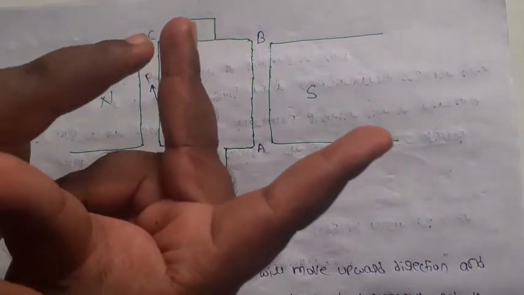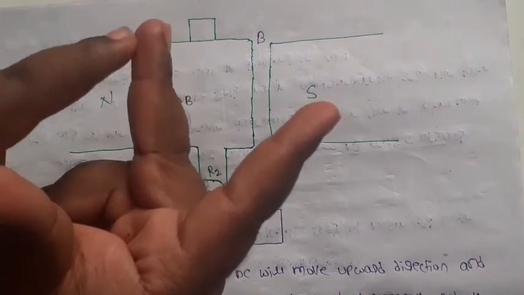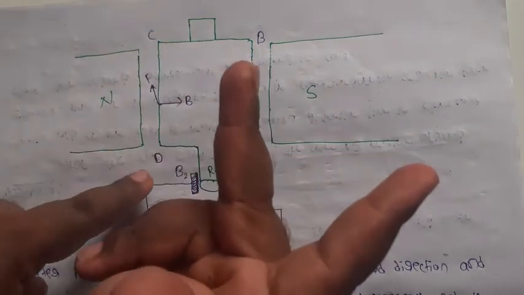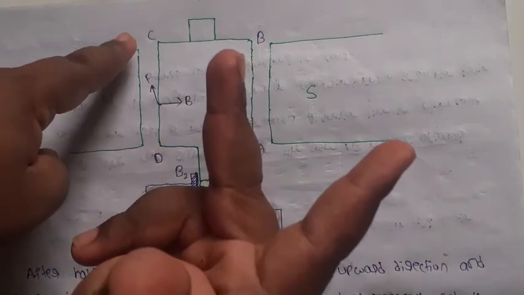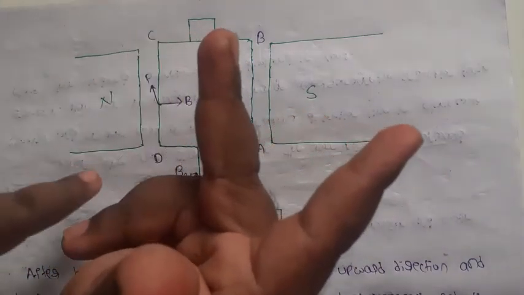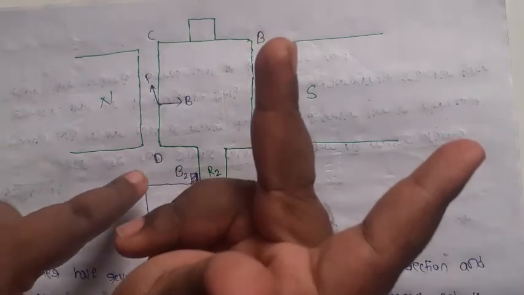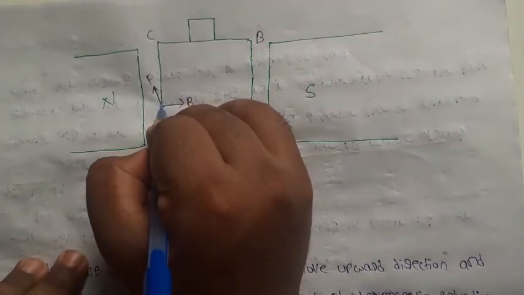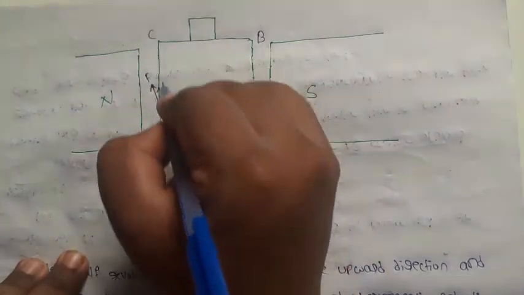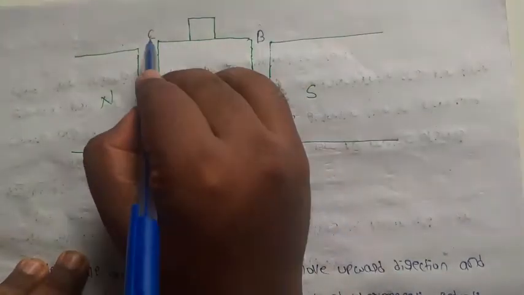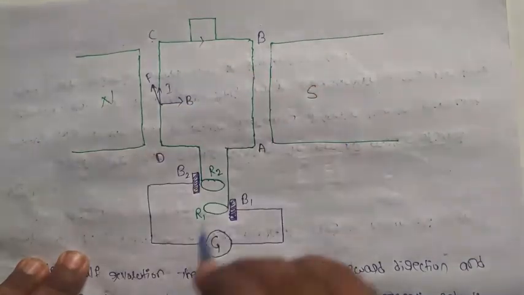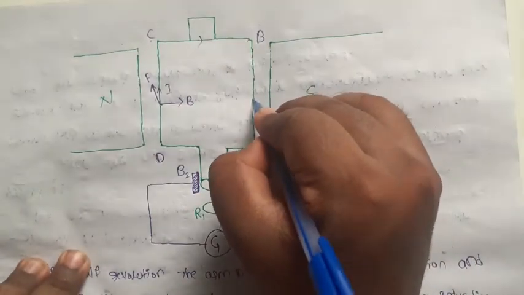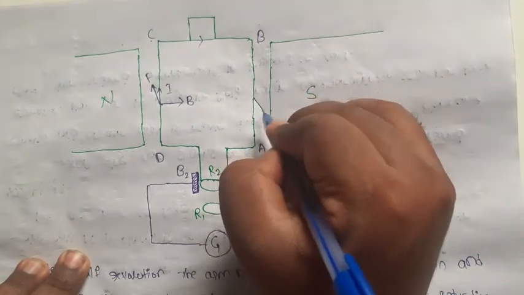So what about the middle finger? It shows the direction of the induced current, that is upward direction. So here current moves D to C direction. So upward direction means current in the coil flows from D to C. So here what is the correct direction? Current flows from D to C. After C to B, now at arm AB, force is acting downward direction.